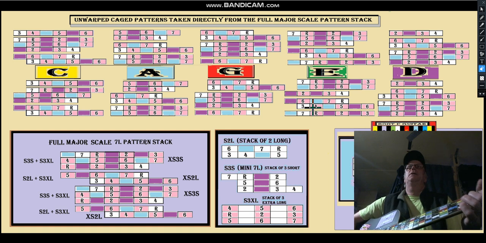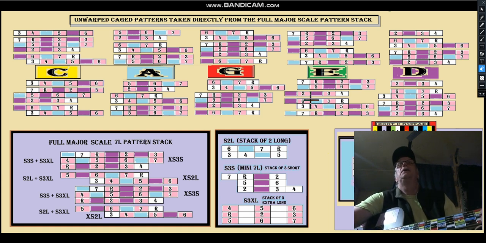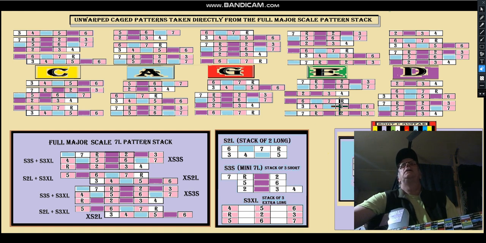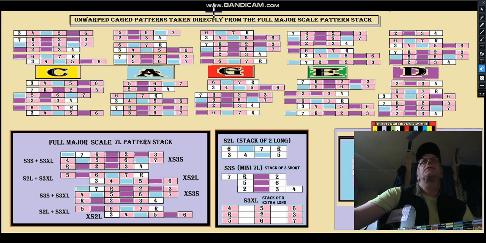Now, it starts again up here. We have 2, 3, 4. It's interesting. Where's 2, 3, 4? It's the bottom of this one. Okay, so what the problem is, I went and this is part of a 7L, okay, and we did an S3S down here, but there was an S2L right here, so an S3S would be stacked here. The interesting thing about the S3S's,